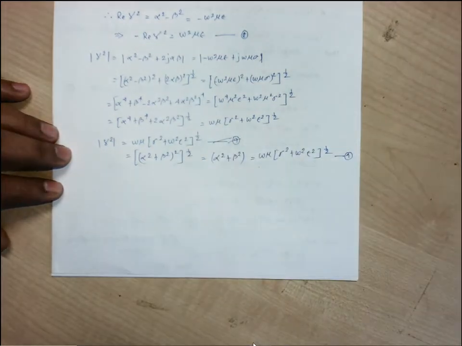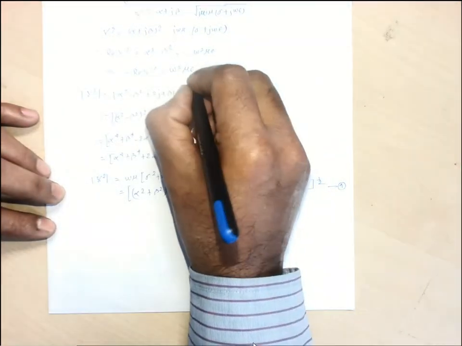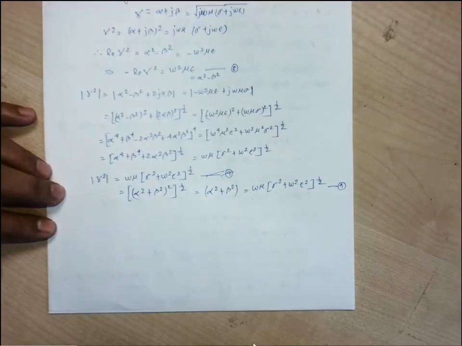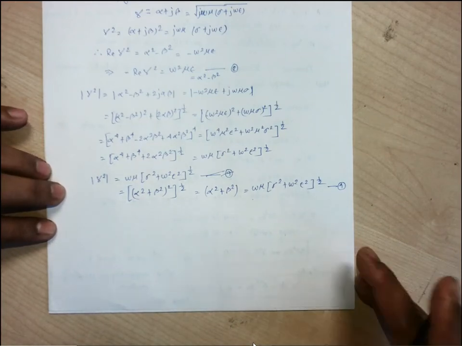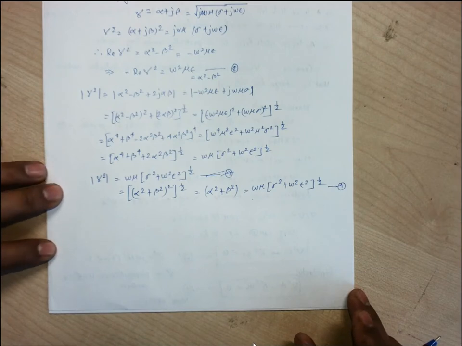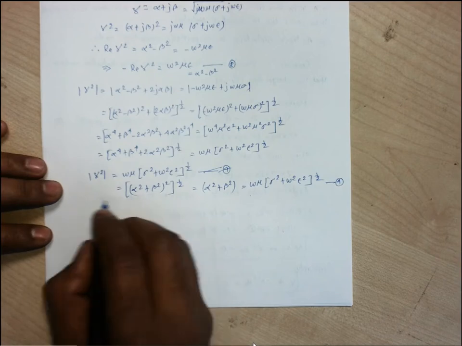So from equation 8, what we have found is alpha square minus beta square, and this one, equation 9, is equal to alpha square plus beta square. So if we do the calculation with respect to alpha square and beta square, we are able to find out the values of alpha and beta. So let us add equation number 8 and 9.